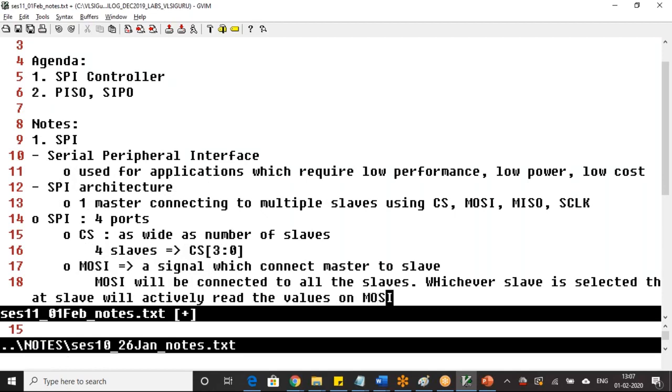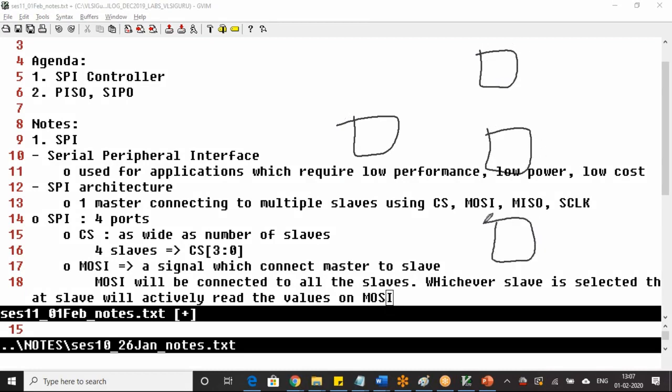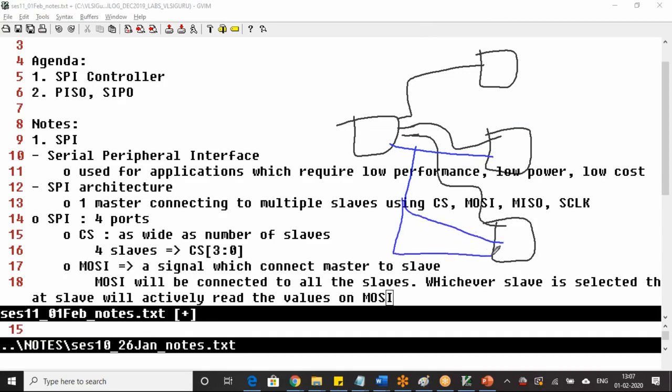Understand, here we have this kind of setup. One master connected to, let's say, 3 slaves. The chip select will be 3 pins. The clock will be distributed; the same clock will go here, here, and here.